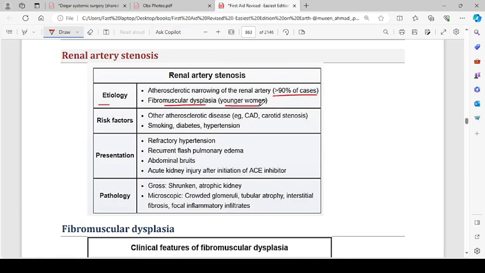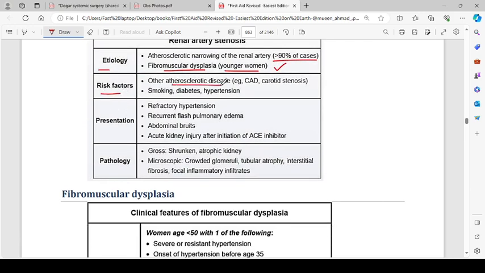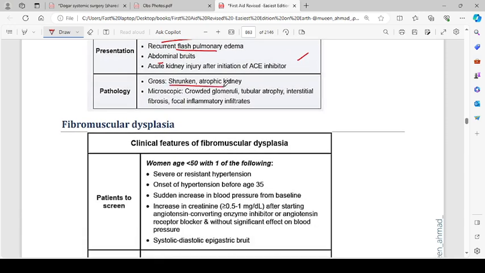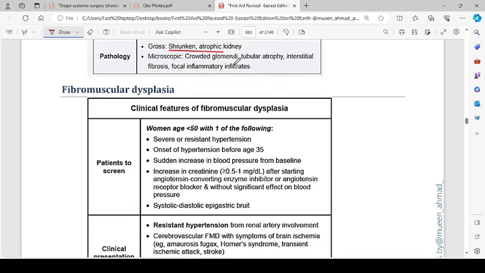Fibromuscular dysplasia can be a cause in younger women. Risk factors are other atherosclerotic diseases, for example, coronary artery disease and carotid stenosis, smoking, diabetes, and hypertension. Presentation: refractory hypertension, recurrent flash pulmonary edema, abdominal bruit, acute kidney injury after initiation of the ACE inhibitors. Pathology: on gross pathology, we will find shrunken atrophic kidneys, microscopically crowded glomeruli, tubular atrophy, and interstitial fibrosis, focal inflammatory